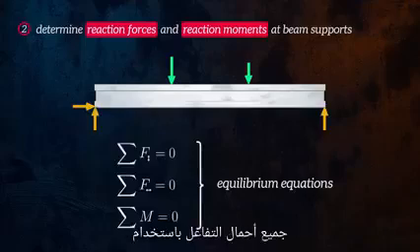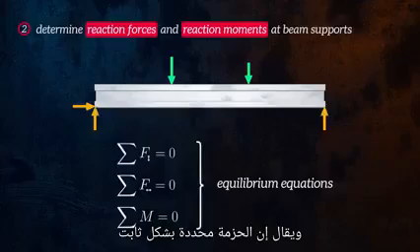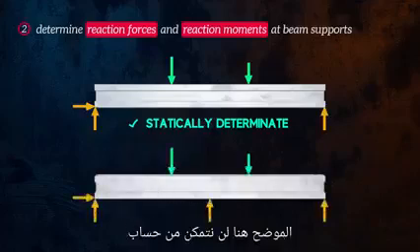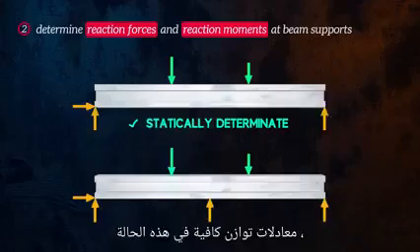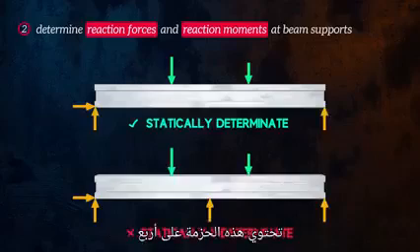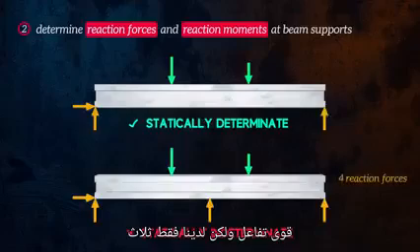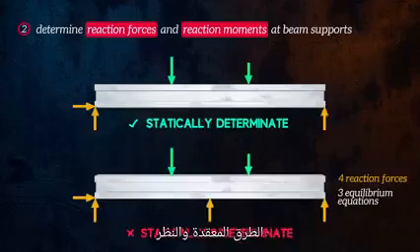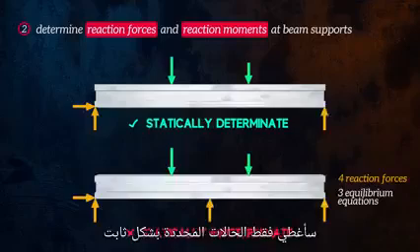If we can calculate all of the reaction loads using the three equilibrium equations, the beam is said to be statically determinate. For some beam configurations, like this one shown here, we won't be able to calculate all of the reaction loads because we have too many unknowns and not enough equilibrium equations. In this case, the beam is said to be statically indeterminate. This beam has 4 reaction forces, but we only have 3 equilibrium equations. To solve this beam, we would need to use slightly more complicated methods and consider boundary conditions. In this video, I will only cover statically determinate cases, where we can use the equilibrium equations to calculate all